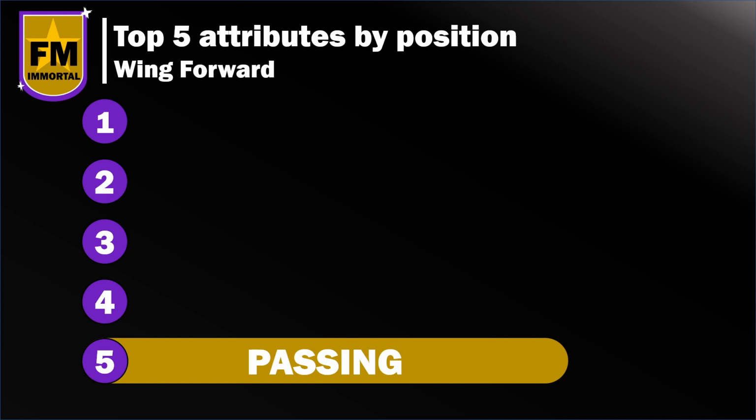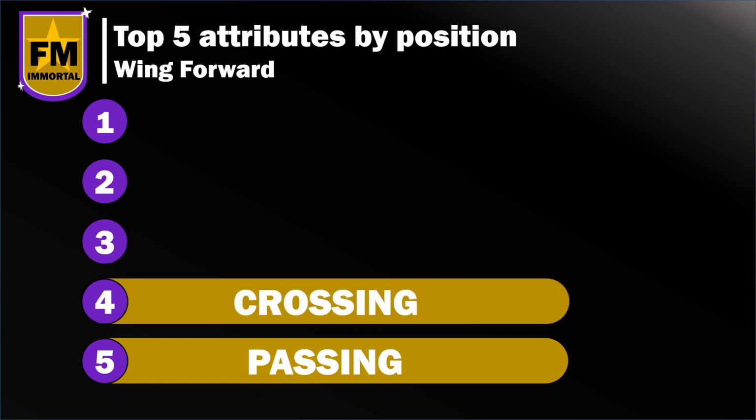It's that they've got the full package, apart from the fact that they either don't like to pass or they just can't pass whatsoever, and I'm talking a stat of 8 or 9, something below 10 certainly. What you are looking to find here when you are filtering for your dream wing forward is a passing stat of 12 or above. At number 4 we have crossing, and really it's similar to passing, only that the performance